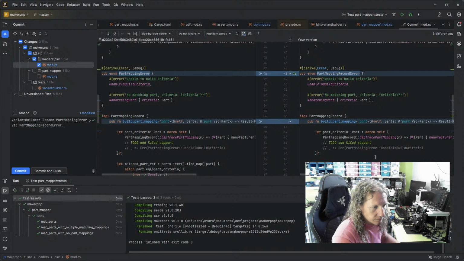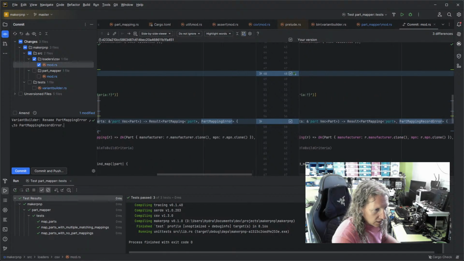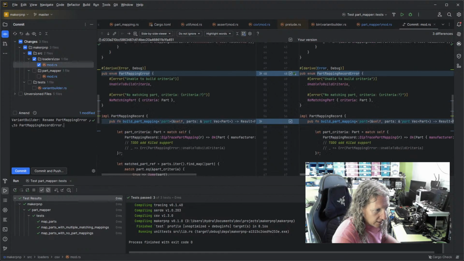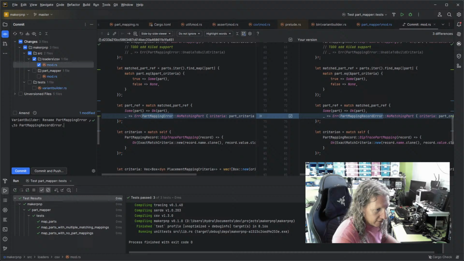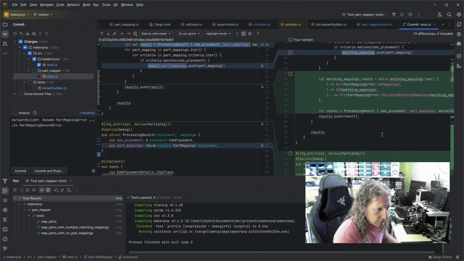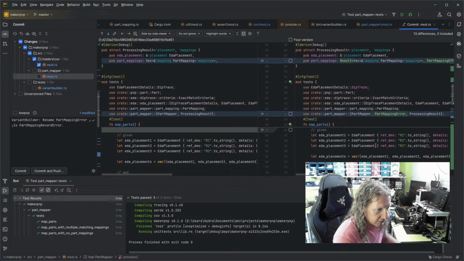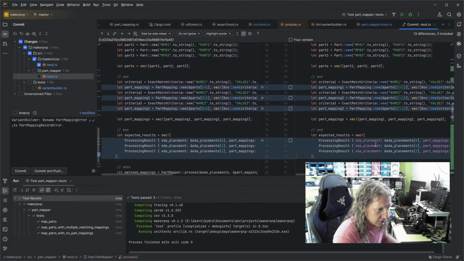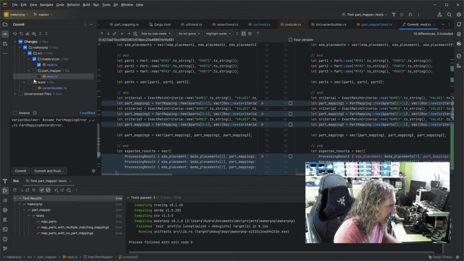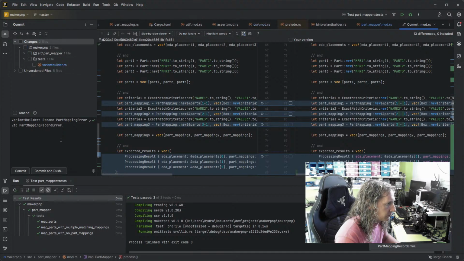Okay. And it's only used there and where the error is used. Great. Let's just review these because I don't think it was used anywhere else. And then this is our new one, and this is the new stuff, and that's some white space stuff, and then we've got new tests. Yeah, good. We're good. Right, so now we've got the part mapper,